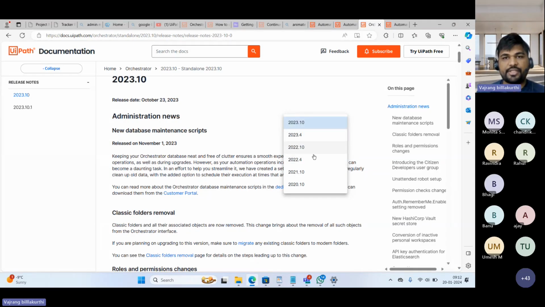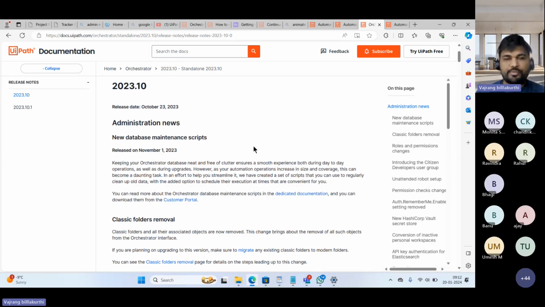Since the past 2 years, they are releasing 2 times, 2022.4, along with the Studio, they are releasing different versions or upgraded versions. Treat these as your mobile phone upgrades. Every 6 months, you will get a mobile phone upgrade. You will have new UI, new features, new functionality. That's what all these versions are about. Now,